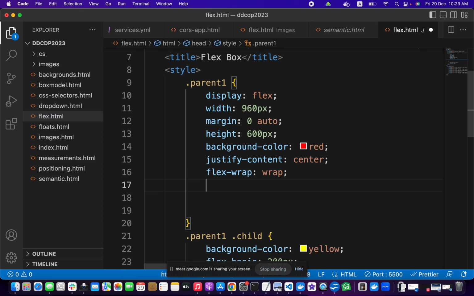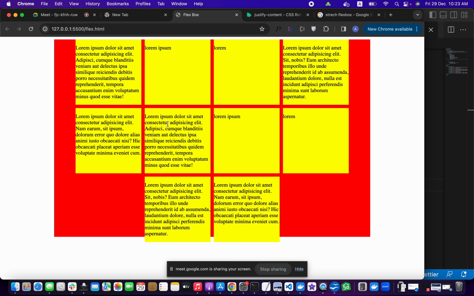If we give it a gap of 10, now actually this is a property for both the columns as well as the rows. So it will get space between the columns also and the rows also. So this makes it look better than previously when we were not wrapping stuff. Is it fine? Okay, now